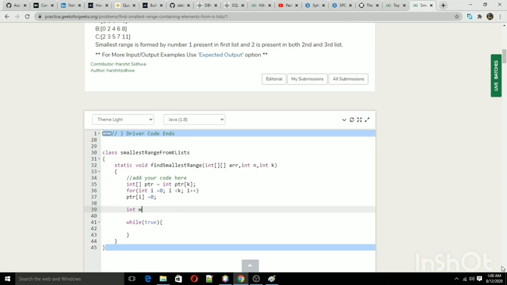Firstly, minimum val and maximum val, we initialize both of them with 0. Okay, minimum index, that will be -1. This index will be updated.